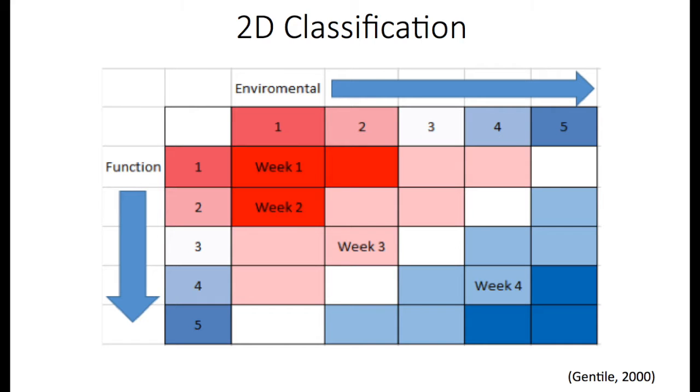We use Gentile's 2D taxonomy to show the progression of the skill from week 1 to 4 as the functional and environmental difficulty increases. In week 1, the skill is very basic, in which we do not move, nor does the environment change. From that we progress to week 2, where we're moving a little bit, week 3 where we're moving a bit and also the environment is changing slightly, to week 4 where we're moving largely and also the environment is actively